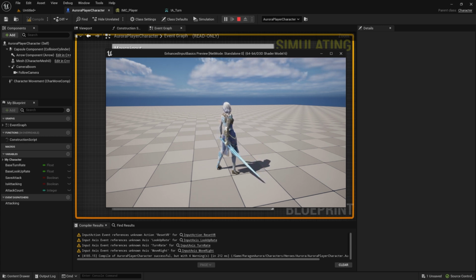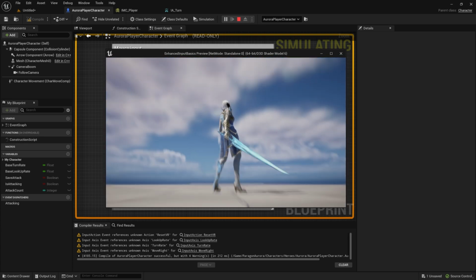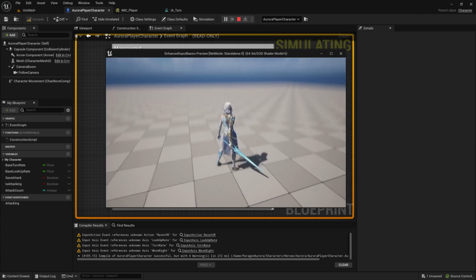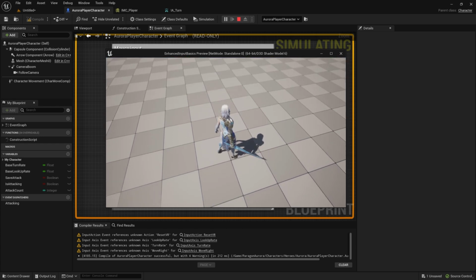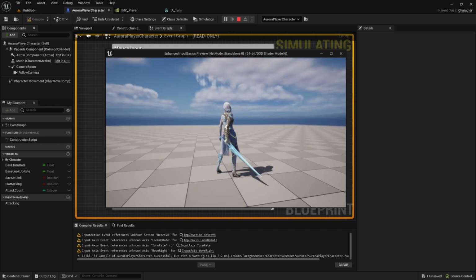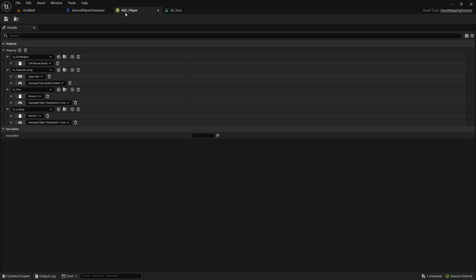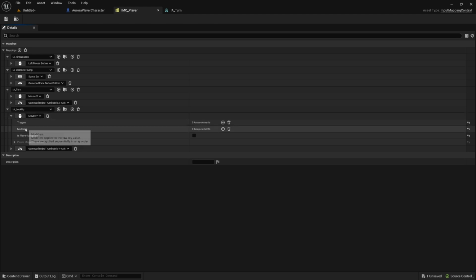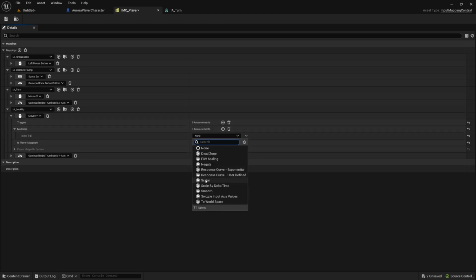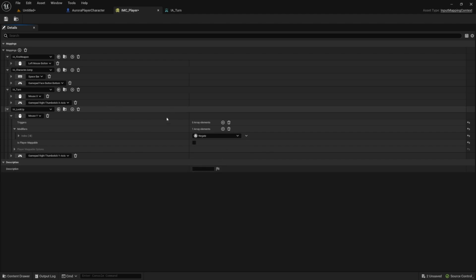Now, I don't really like how it moves up and down. I prefer an inverted type of controls. So whenever you move your mouse up, you're actually moving the camera the other way. So this is where we can modify the input. I want to invert this lookup, then I can go to the input mappings, go to lookup mouse, modifiers, and here we can negate this. This will multiply the value by -1,